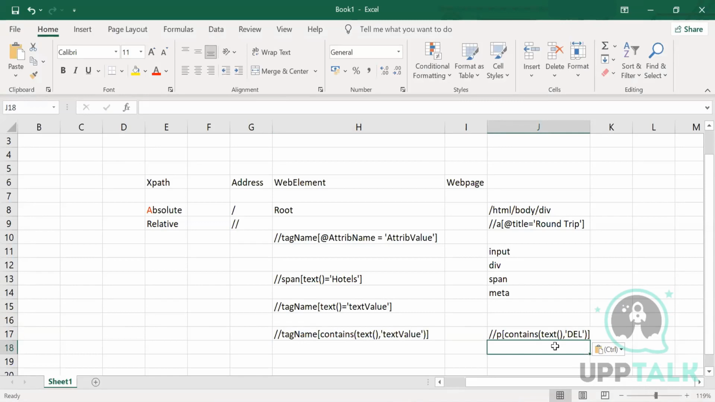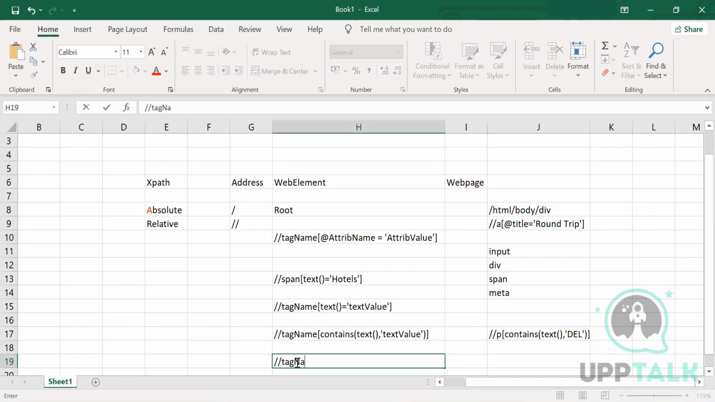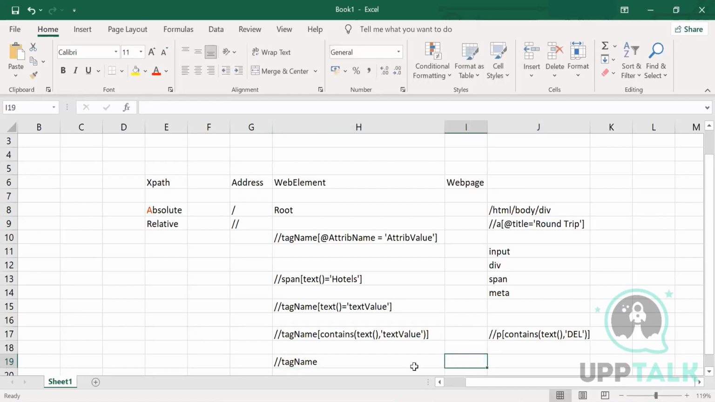So if there are white spaces in the text, you can use it like this as well. So what if I say slash slash tag name? Is this a valid XPath or not? It's a valid XPath. If you pass it like slash slash input, the tag name is input. Input is normally a text box. Okay. So all the text boxes on a web page will be highlighted,